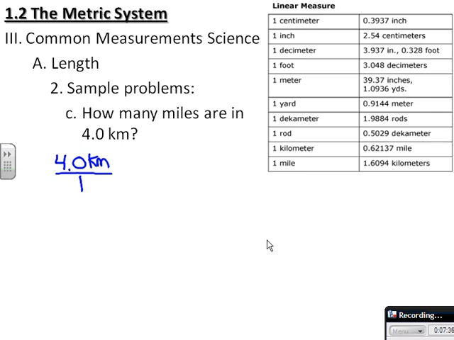Then you're going to multiply it by the conversion factor. So if we come over to our table, here is the conversion that we can use. We want to go from kilometers to miles. So notice that in this case,